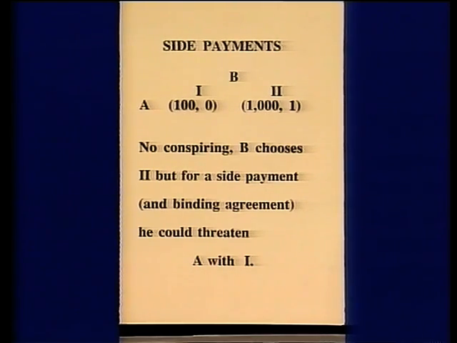Well, B would obviously prefer 1 to nothing, so he may well offer A the option that if you make it worth my while, I'll play strategy 2, but if you don't, I'll play strategy 1 as a threat. Perhaps the difference to B between 0 and 1 is negligible, in which case it doesn't matter, and he's got a real lever on which to bargain against A. Of course, on the other hand, it may not be so. It depends on financial circumstances, and it may be that B would be desperate to add 1 unit, however paltry, and his threat wouldn't be so plausible.